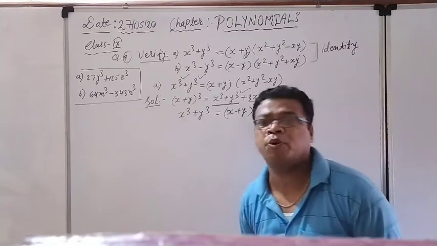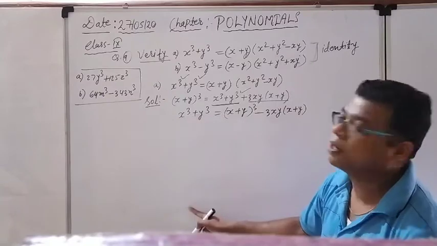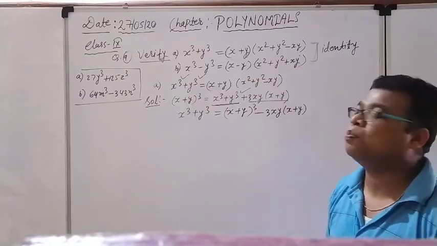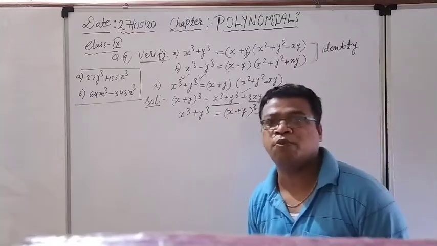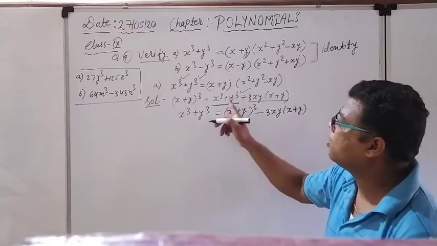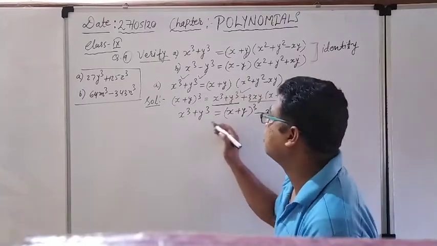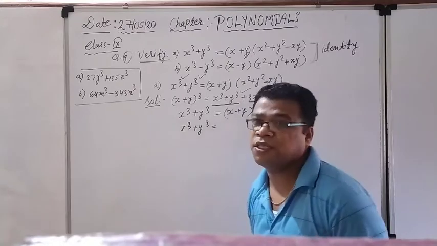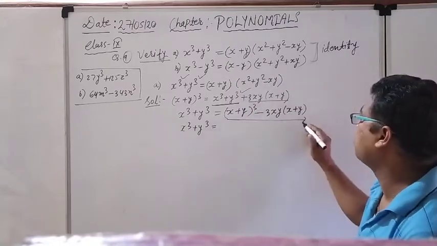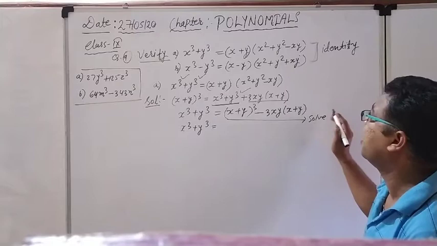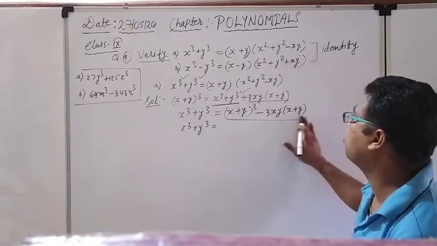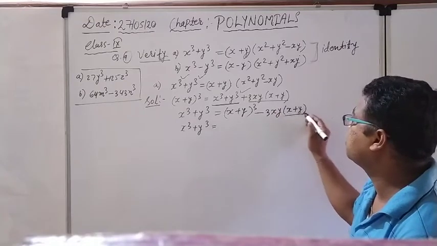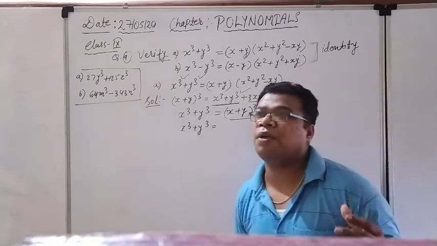Now see what we have to do. We have to start from here. What is the source of x cube plus y cube? This identity is the source, and from there we are going to start. No problem. We are solving both sides. x cube plus y cube is equal to, right now, this right hand side we have to solve, and see whether this particular thing comes or not. So see here, (x plus y) whole cube and (x plus y), x plus y is coming in both the terms.